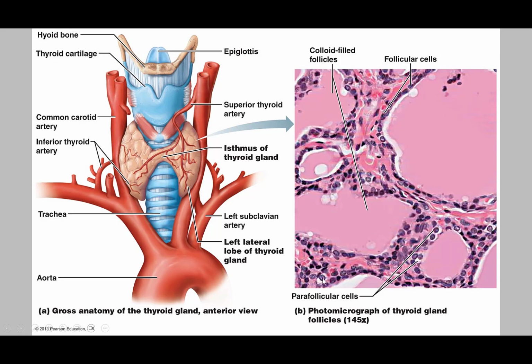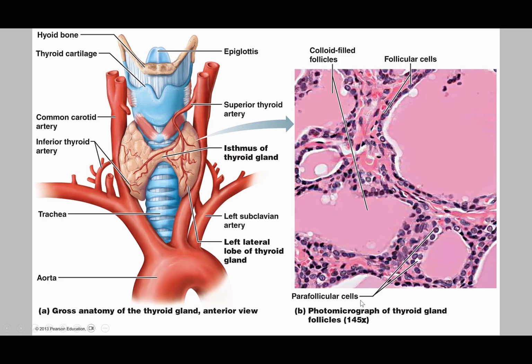But right here, it looks like an open space, but it's not. It's a cell that did not take any stain. So it looks clear, but there's a nucleus inside of it. Same thing over here. We've got a cell that looks clear and has a nucleus inside of it. Here's two more. Here's one over here on the other side. Well, these cells are called